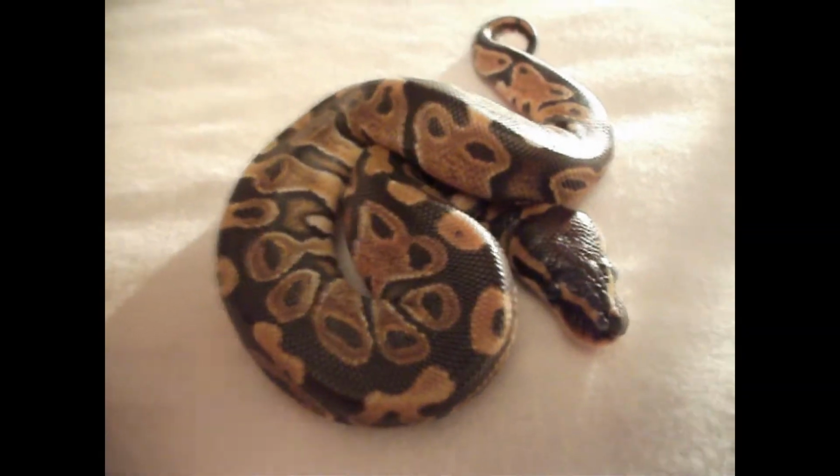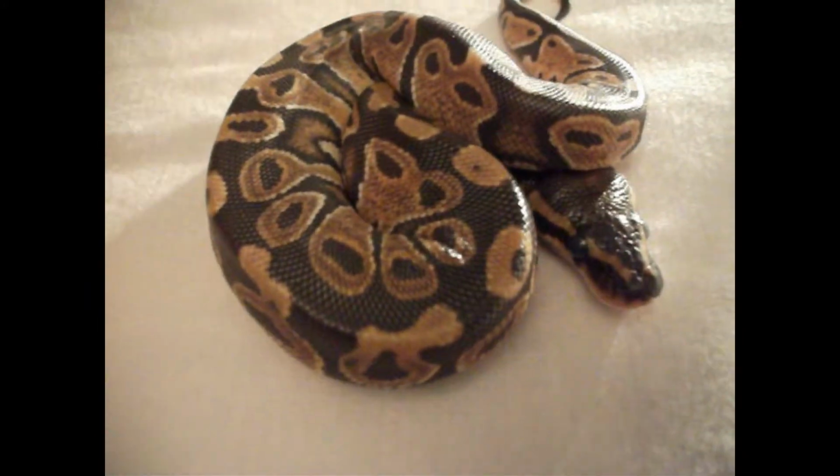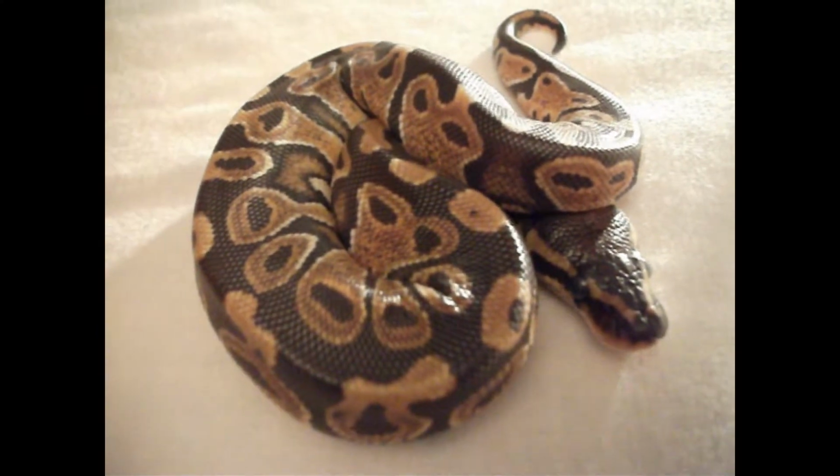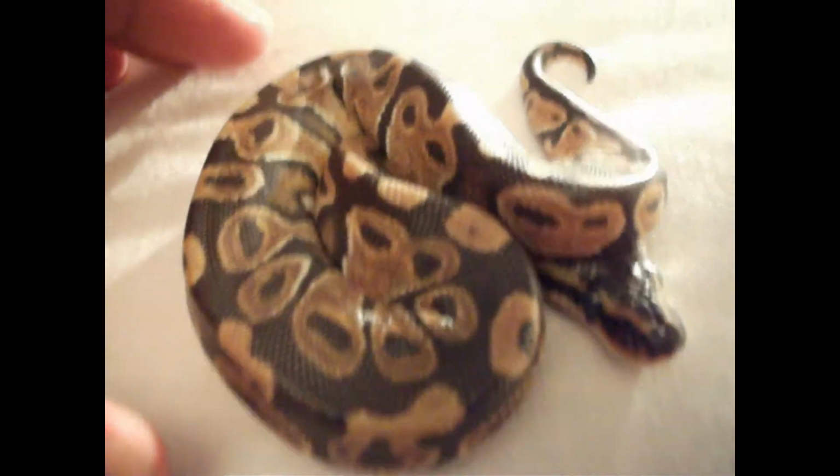I thought that you'd see this guy as well. Okay guys, this is one of the normals. This little one is in shed at the moment. I think if I remember right, this is a little female. As I say, with them being normal,